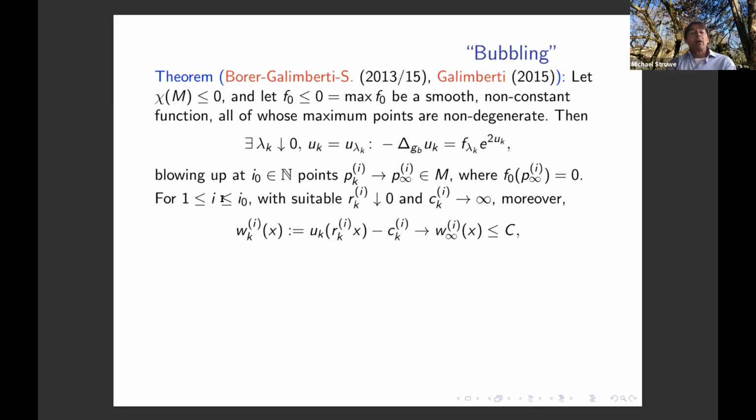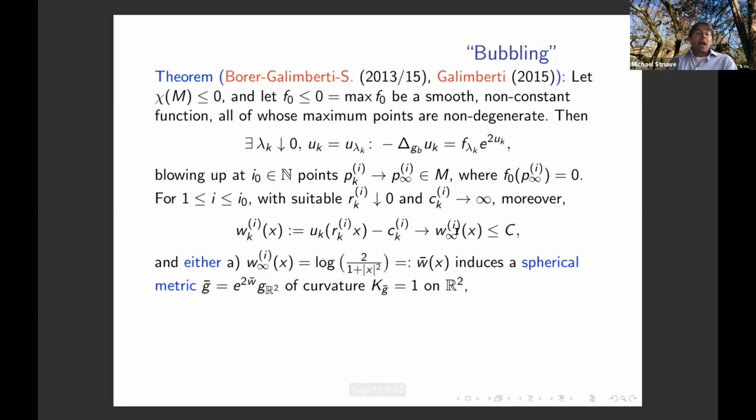So for each i between 1 and I0, there are radii rki tending to 0 and constants cki tending to infinity, such that if you rescale the solutions uk with the radii rki and subtract cki, then the resulting functions wki converge smoothly locally on R2 to a limit wi infinity, which is bounded from above, and which